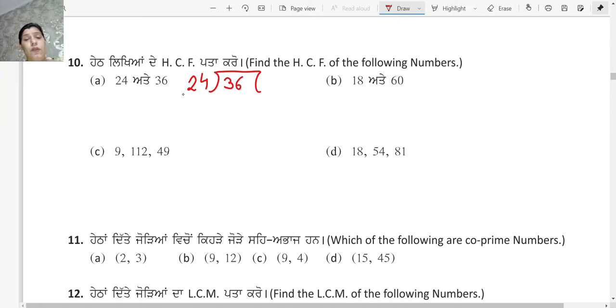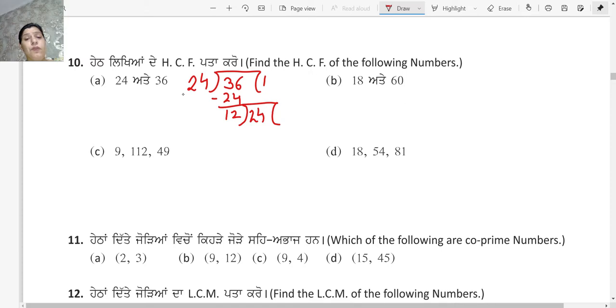So 24 से आपने divide करना है कौन से number को? 36 को. So this will go on 1. So this is 24. 24 ones are 24. You get the remainder as 12. Now you have to keep on repeating this process until and unless you get the remainder as 0. Now your remainder becomes the divisor. जो आपके पास नीचे रिमाइंडर है वो डिवाइज़र बन जाएगा और जो आपका डिवाइज़र था वो डिविडेंड बन जाएगा. यहाँ पे डिवाइज़र हमारे पास 24 था, वो अब हमारा डिविडेंड बन जाएगा.